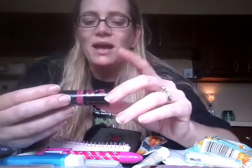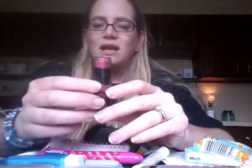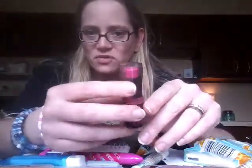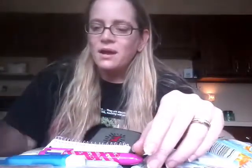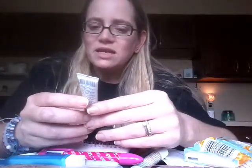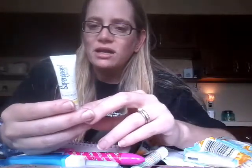Gel lip balm, and this was a gift from a friend, and I love it. It is a beautiful color. It's really moisturizing. It's so fun to use. So I have that. I have a little teeny tiny Super Goop Play SPF 50 everyday sunscreen that I got